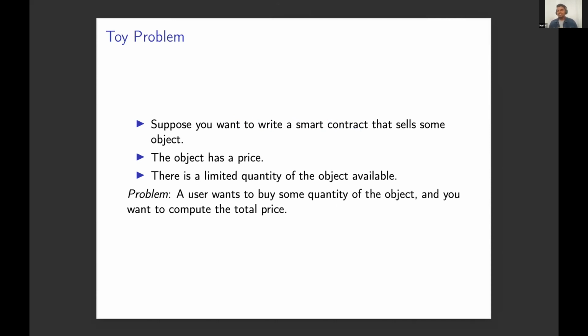So let's dive straight into our toy problem. Suppose you want to write a smart contract that sells some object. The object has a price, and there is a limited quantity of the object available. And the problem is extremely simple. The problem is that a user wants to buy some quantity of the object, and you want to compute the total price. So next,